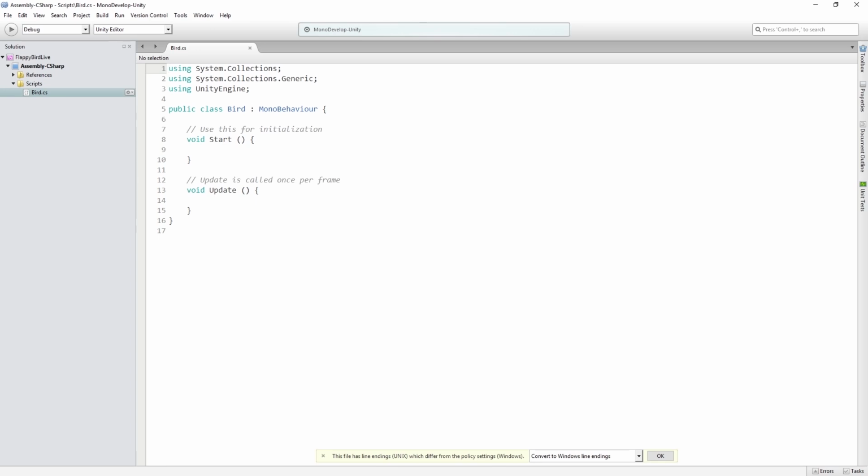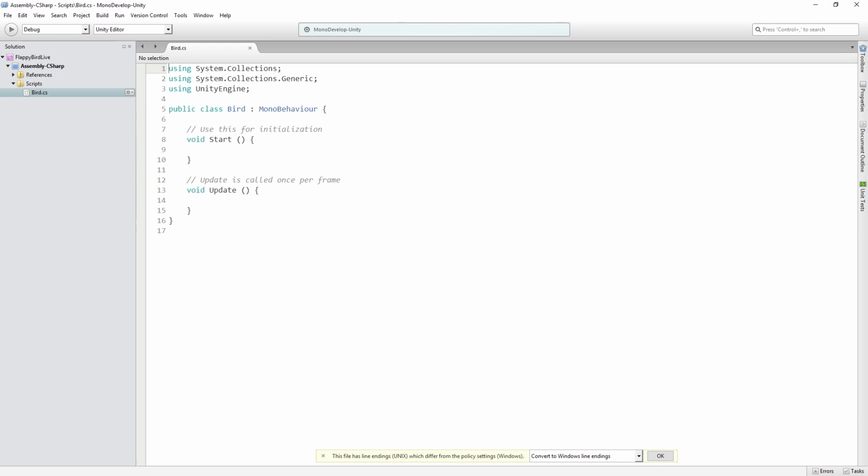All right, so now the first thing that we want to do is to check if the player has tried to click to move the bird. Now, the rules of the game are going to be that if the player is dead, they cannot jump up off the ground and start flying again. So the first thing that we want to make sure is that if the player is dead,